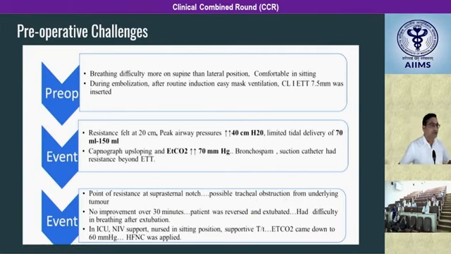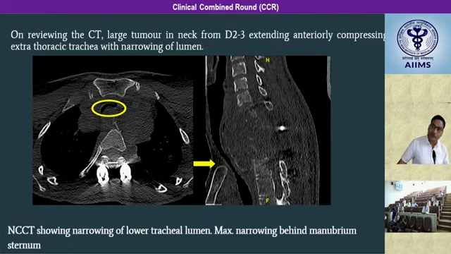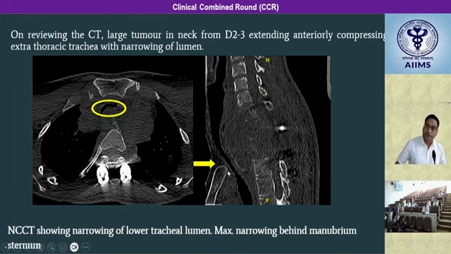So initially the patient was all fine, but after general anesthesia, the patient had these many problems. What to do? So we went back and we tried to reverse the patient and extubate. But after extubation, the patient again had difficulty in breathing. We took him to the ICU, put him on NIV, HFNC, tried supportive treatment, ETCO2 was coming a little down, but yet not good. Now what all other options we retrospectively analyzed, and there was almost